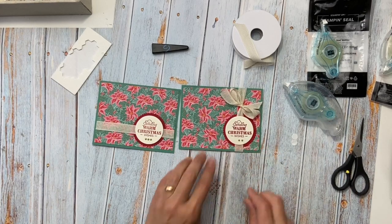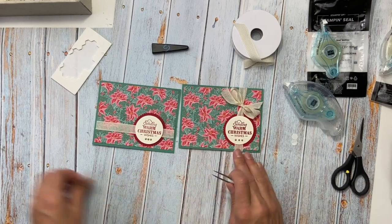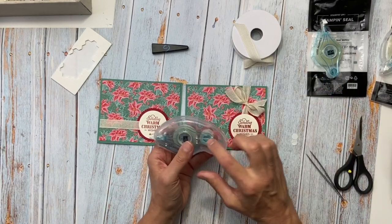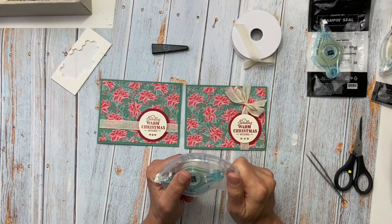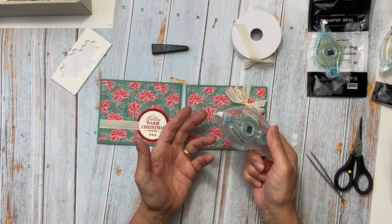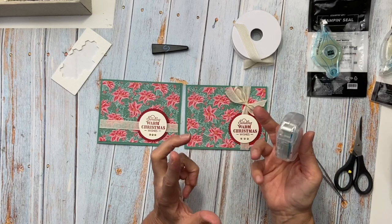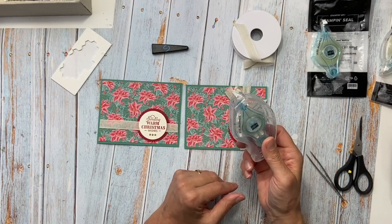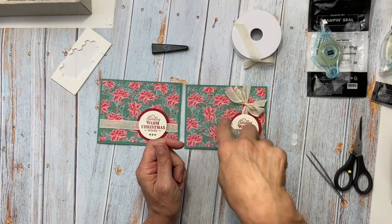Again, really, I just wanted to show you this seal. There we go. So the difference, I'm going to call them the wrong name, the Fast Fuse was the old name. The Seal Plus, again the darker blue, is a stronger adhesive, and this is plenty strong, but the Plus is good for boxes and more of the interactive cards. But if you have trouble using this, and some people have, and that's why I wanted to show you that rocking motion,